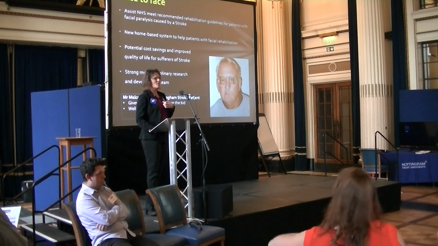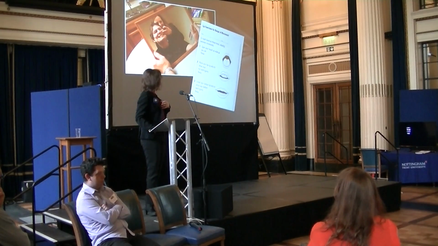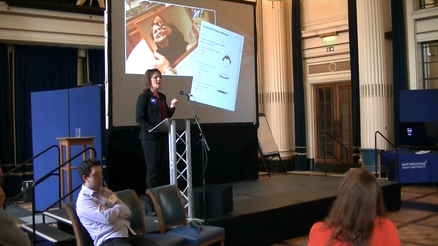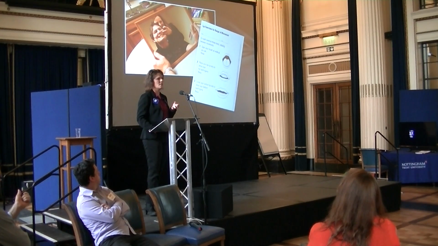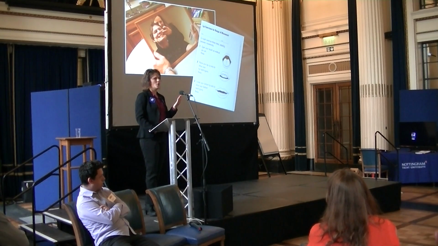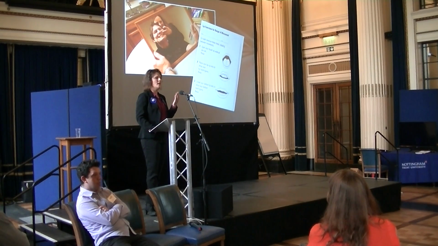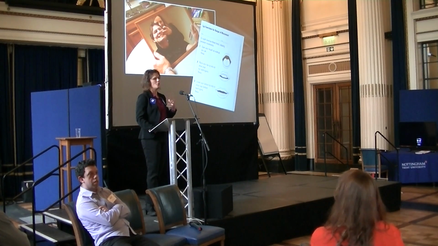So the project that we tried to develop was using the Connect machine, and this is a slide to show you how the speech and language therapist would have treated Malcolm when he first had his stroke. They would have given him a paper list of exercises to do, shown him how to do them in a mirror, and then left him on his own at home in the community doing these exercises. And he would have been told to do them 10 times a day, 20 times a day, with the idea that he could get his face to become more symmetrical, and then therefore the food and the saliva wouldn't fall out of his mouth.